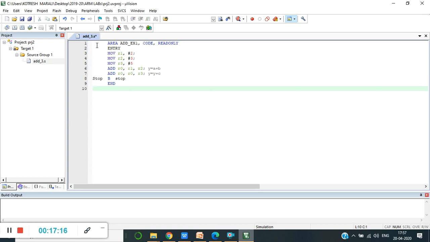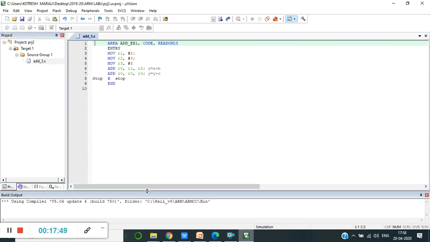So this space, once again I repeat, is reserved for a label, and this is what we always call the address location. If you are familiar with 8085, first we write the address, followed by the opcode. That's why here we give this space for the label. A label is nothing but something pointing to an address. Now once you write the program, check for the syntax. So I think you should get an error here.